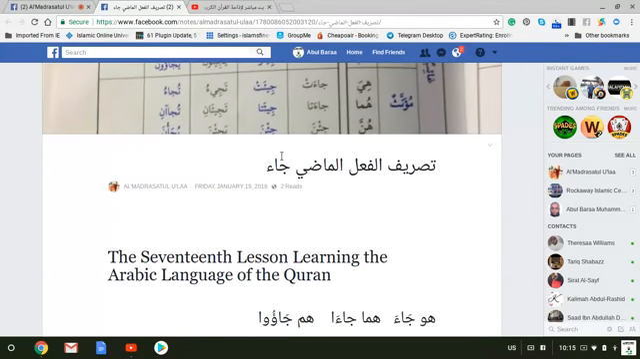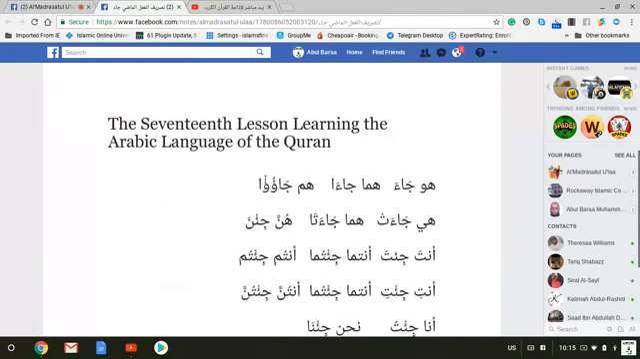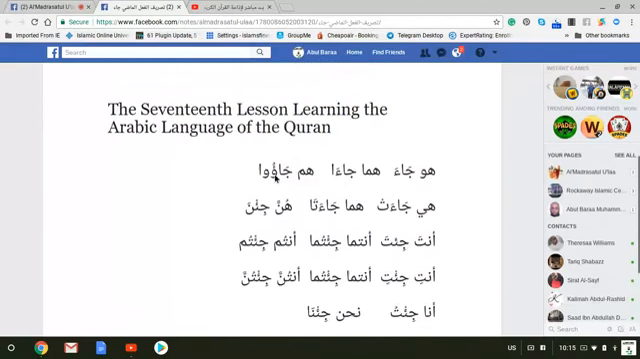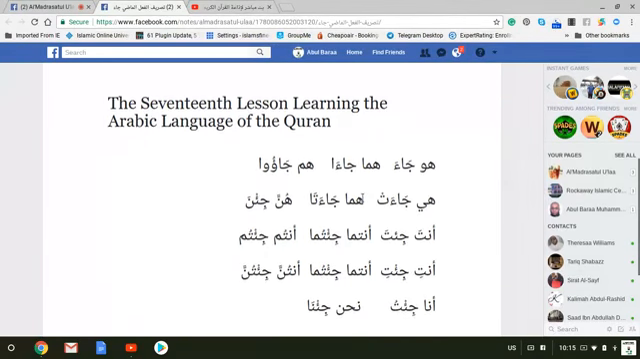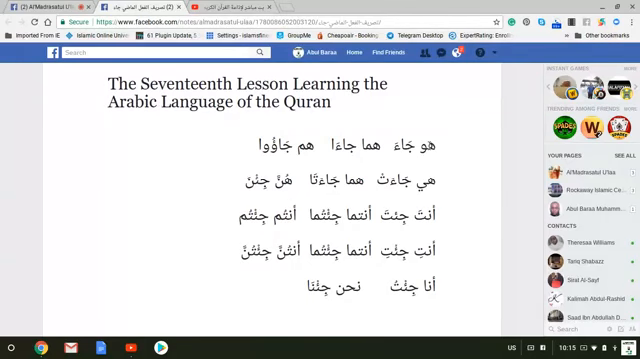على كلمات جاء. Going over the conjugation of the past tense verb and the present tense verb jaa'a, which means he came, a review going over jaa'a, which means he came. هو جاء